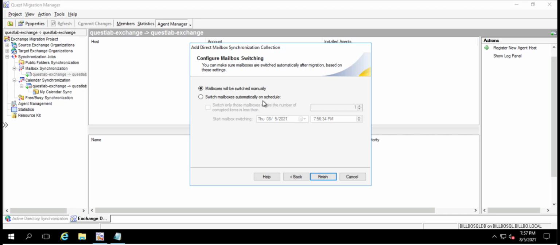They just say, yeah, we just put them all over there, and they get that message, and then we've already moved over their workstation, so they're ready to go. Okay, because you can do things in different order, and the professional services guys will set up different ways to do things. So there's a lot of different ways. Okay, but in this case, I'm going to say switch it manually. So what that means